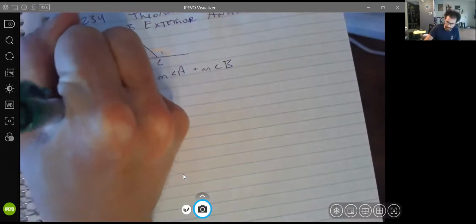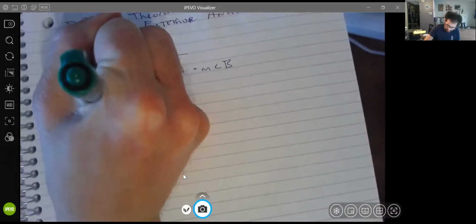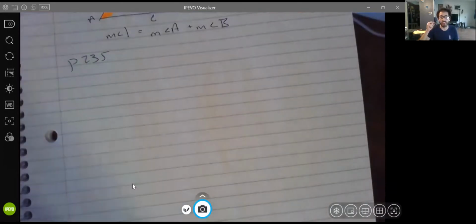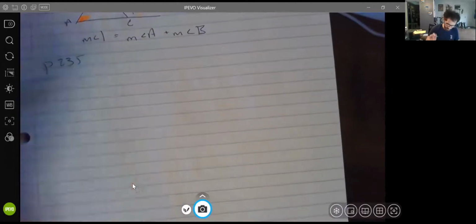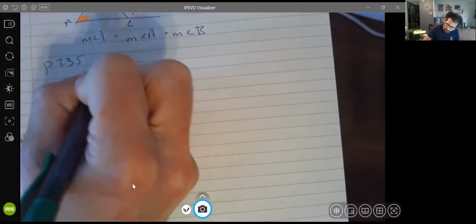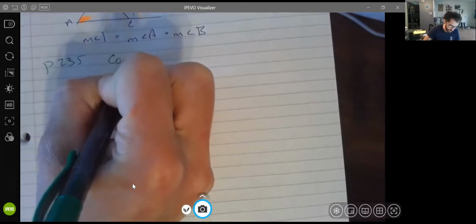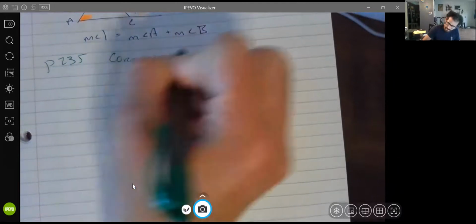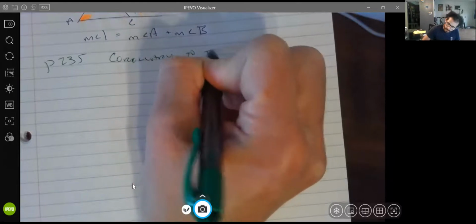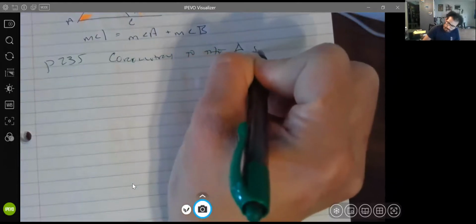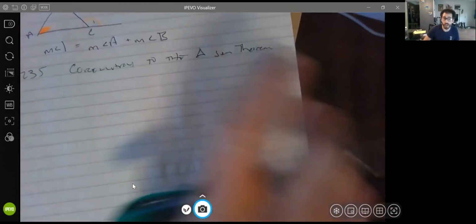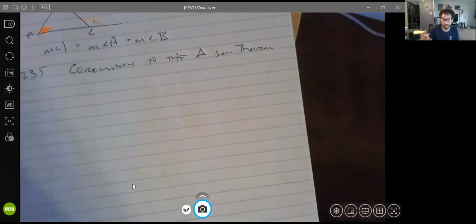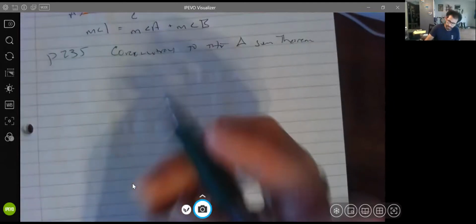Now, this might seem a little silly, but it's kind of important pointing out. Remember, we're going to learn so much about triangles that you're going to be able to look at it and know it, or have an intuition. Top of page 235, the corollary to the triangle sum theorem. Now, if I went too fast because I didn't talk about it, the triangle sum theorem is that all angles inside a triangle add up to 180. Well,